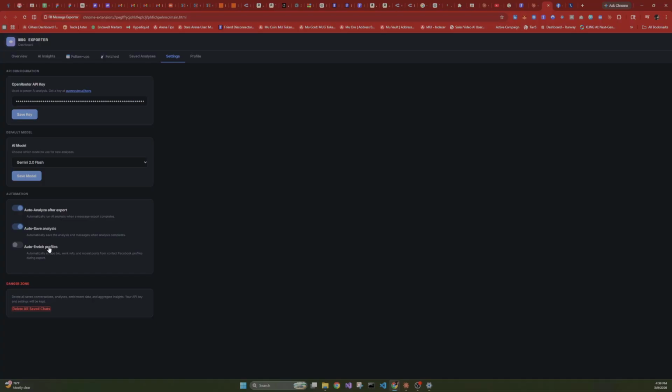And then I don't have it set up to auto enrich the profiles, but I showed you how that profile enrichment works, right? Where we're just going to go in, open up their Facebook profile, and get their bio, their about us information, their relationship status, where they live, where they were born, where they went to school, all the data that they put on Facebook that could help us, one, run psychological evaluations on them